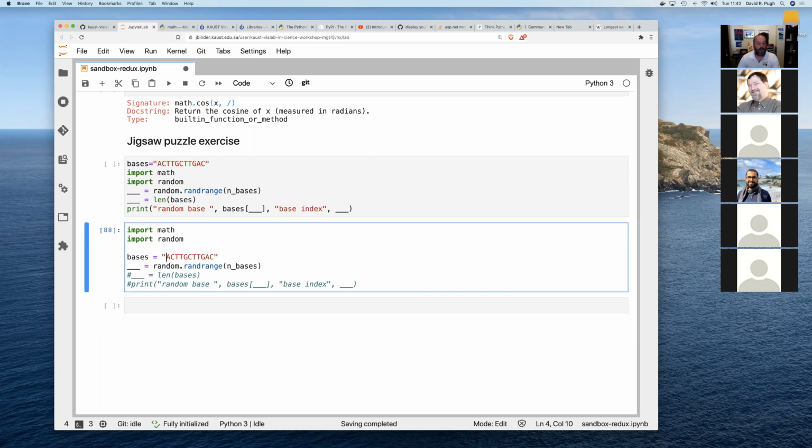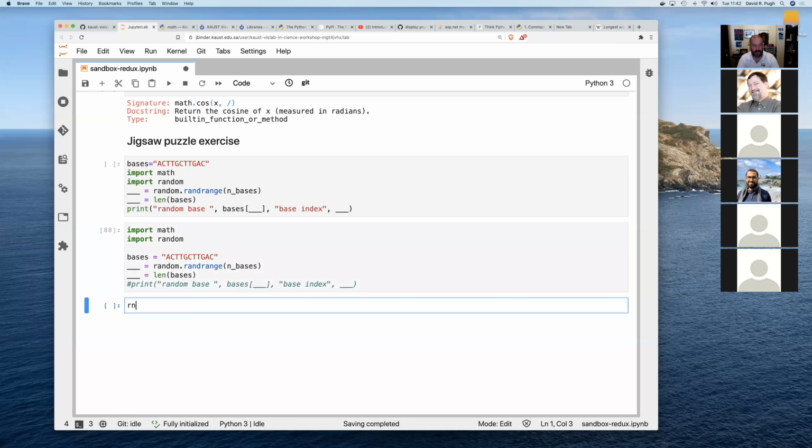So we're given some hints here about how we might do this. One of the first things we need to do is maybe look at what this random.randrange function is. So we've imported the random package already. So if we do random.randrange with a question mark,